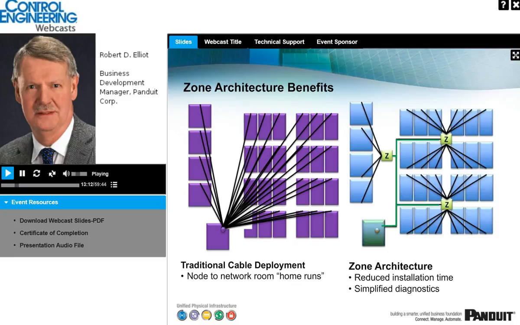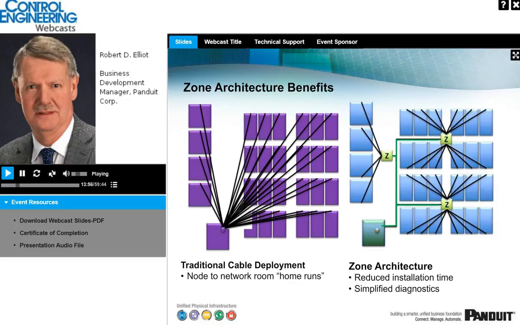I want to just talk now a little bit about zone architecture. You can see here on the left-hand side, what I'm trying to depict is where cabling is routed from a telecom room or a network room to each device. It could be a control panel, for example, that is then associated with the machine. The problem with this is that it's difficult to carry out moves, adds and changes on this home run kind of design, so that a better practice is